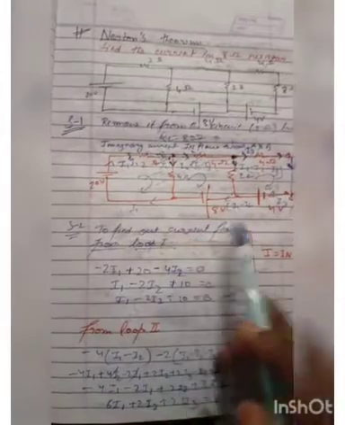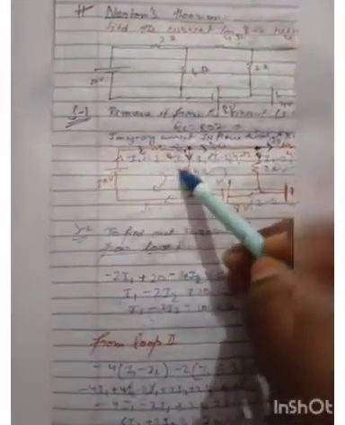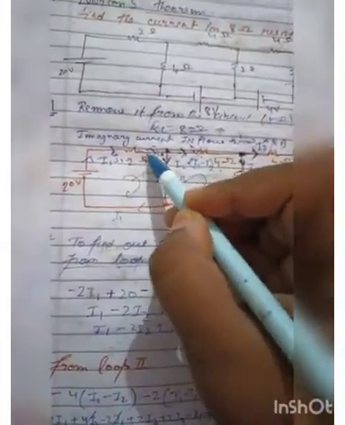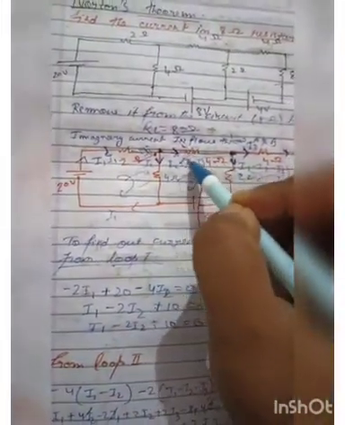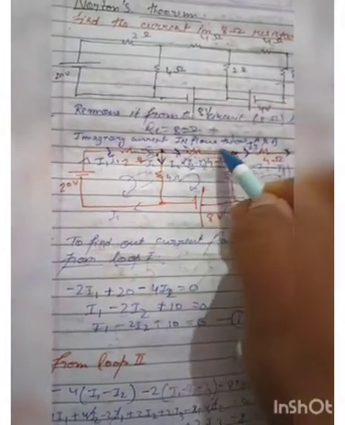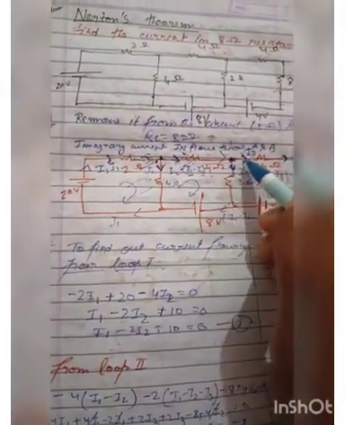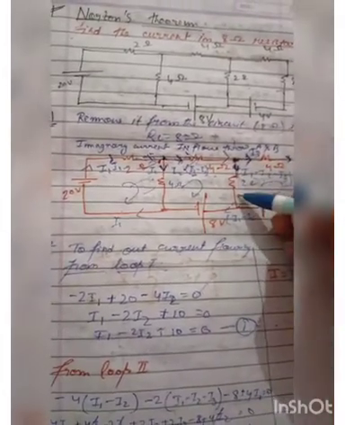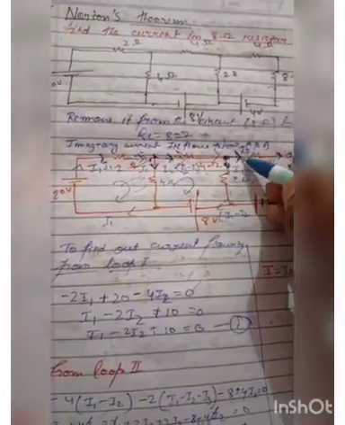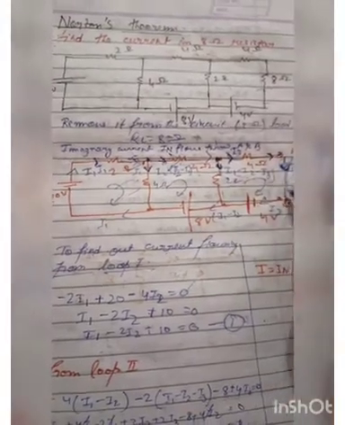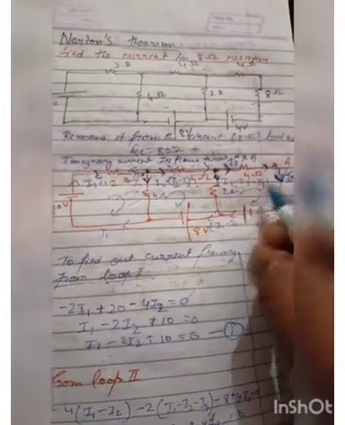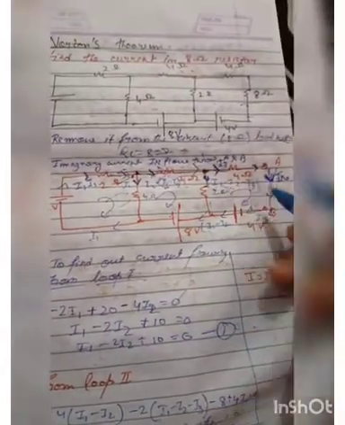Now the second step of Norton's theorem is to distribute the current and find the loop equations. We take current I1 flowing here. There are two ways. Now I2 goes there and I1 minus I2 flows there. The same I1 minus I2 comes here. After that, I1 minus I2 minus I3 comes there and I3 goes there. The same I3 flows here and comes here.